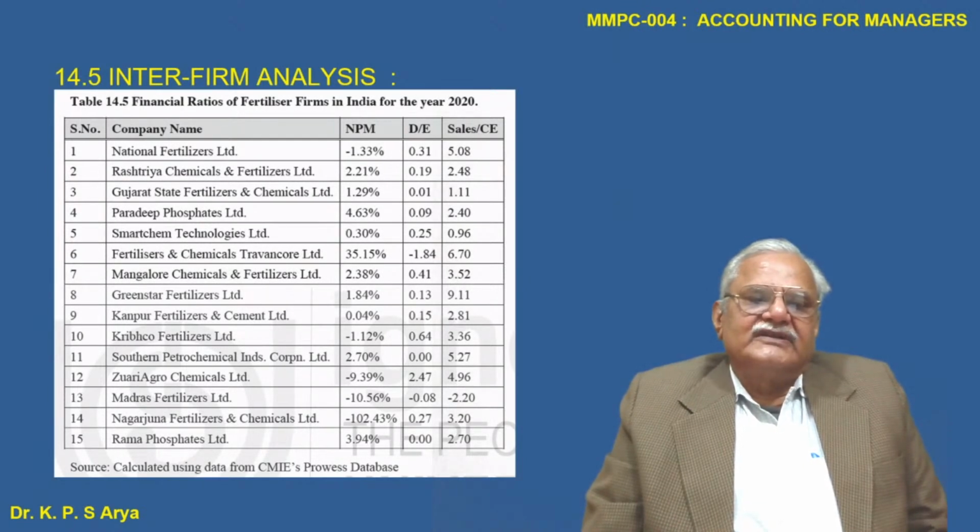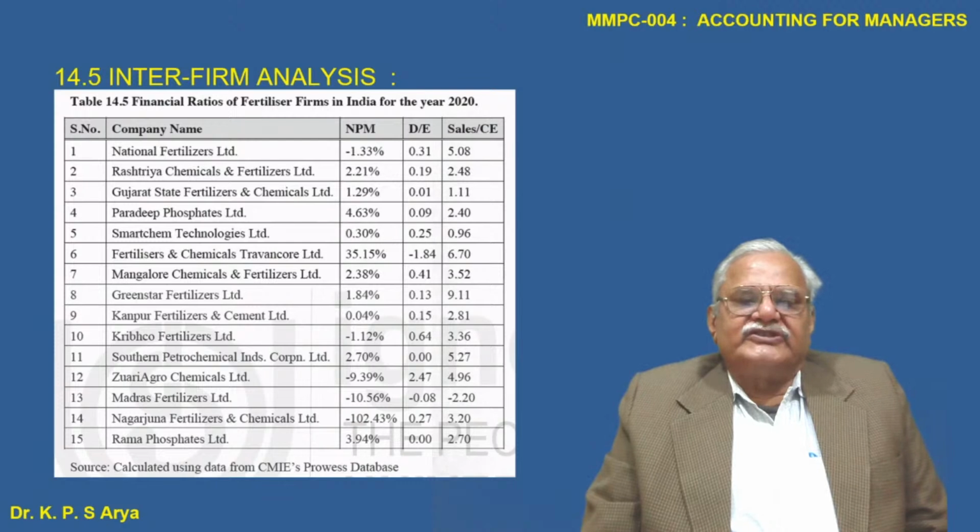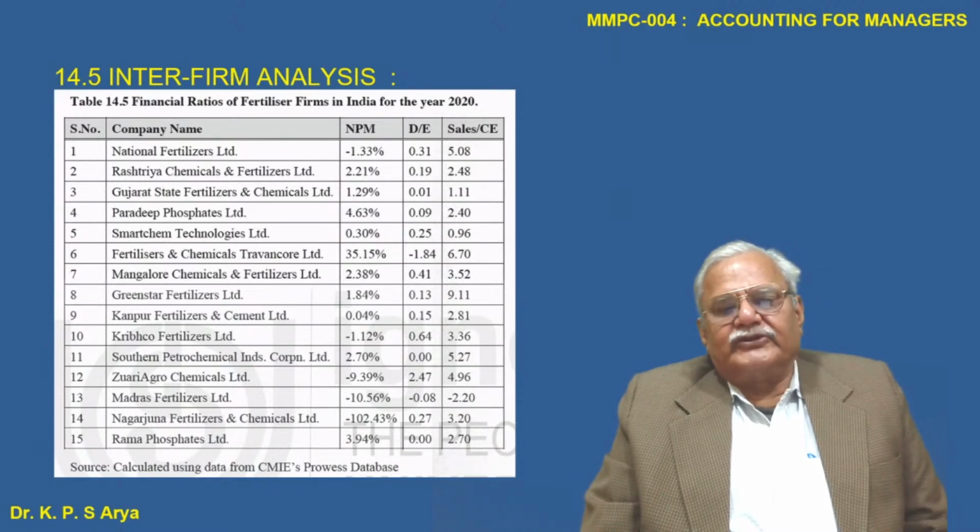Now, the financial ratio of the fertilizer firm in India for the year 20: Digital Fertilizer NPM minus 1.33, Rashtriya Chemical 2.21, Gujarat State Fertilizer Chemical 1.29, debt equity ratio is 0.01. In case of Rashtriya Chemical, debt equity is 0.19, and in National Fertilizer it is 0.31. Sales to CE is 5.08, Rashtriya Chemical 2.48, Gujarat State Fertilizer Chemical 1.11, Paradeep Phosphates Limited 4.63%, 0.09 is DE, sales to CE is 2.40, then Smart Chem Technologies 0.30%, 0.25 and 0.96, Fertilizer Chemical Travancore 35.15%, minus 1.84 and 6.70, Mangalore Chemical Fertilizer 2.38%, 0.41, 3.52, Green Star Fertilizer 1.84%, 0.13 and 9.11%, Kanpur Fertilizer and Cement 0.04%,